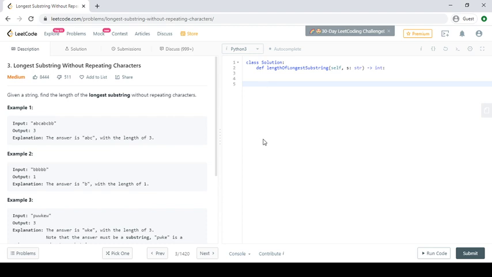In brute force, we take all the possible substrings of the input and create a list of them. Then we remove all the substrings having duplicate characters, and then we find the maximum length of any substring which is left after removing the duplicates. But in this video we are going to cover the sliding window approach.